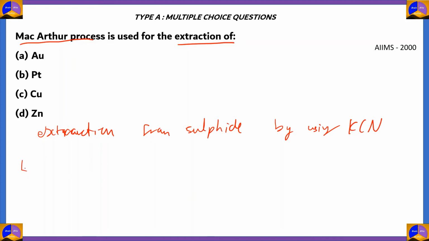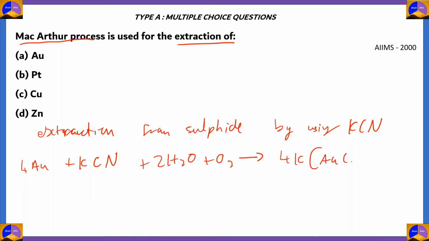The example is 4Au + 8KCN + 2H2O + O2 gives you 4KAu(CN)2 plus 4KOH,